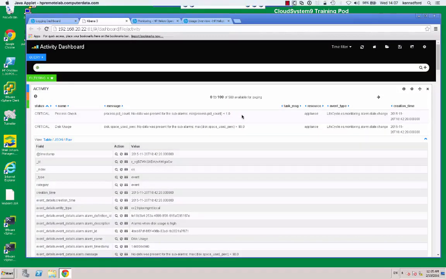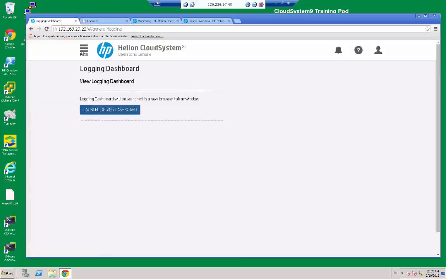Now let's go and take a look at the appliances. A new feature in CloudSystem 9 is appliance clustering. So each major component runs as 3 virtual appliances clustered in an active configuration. This clustering includes anti-affinity rules to ensure that the clustered appliances run on separate hypervisor hosts in the cluster wherever possible. So we're going to go back to the Ops console and then